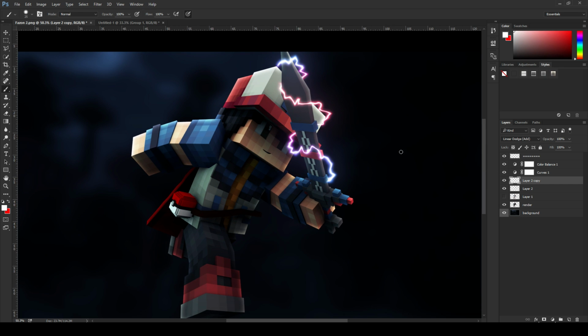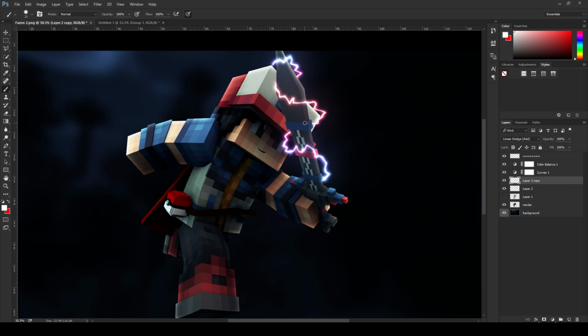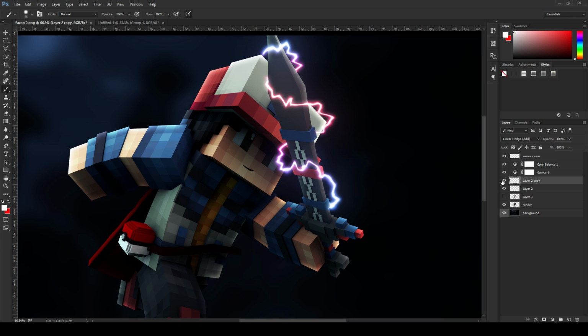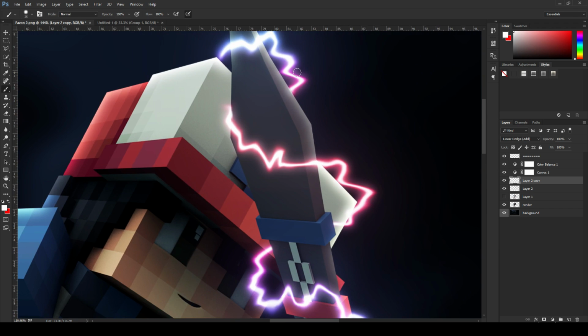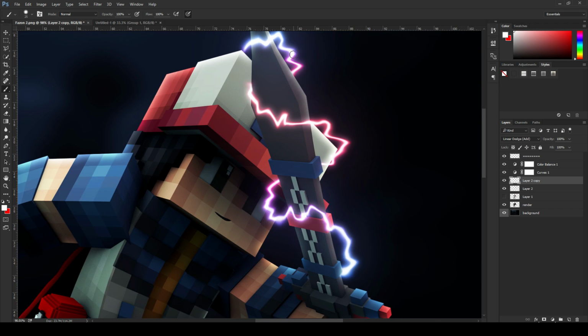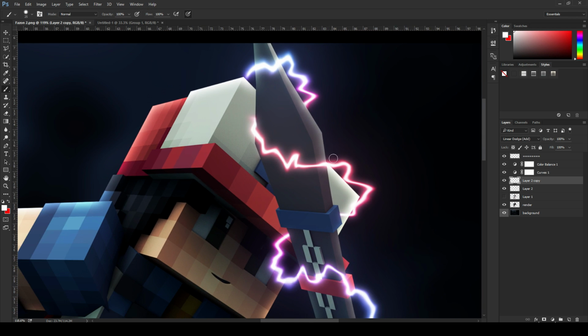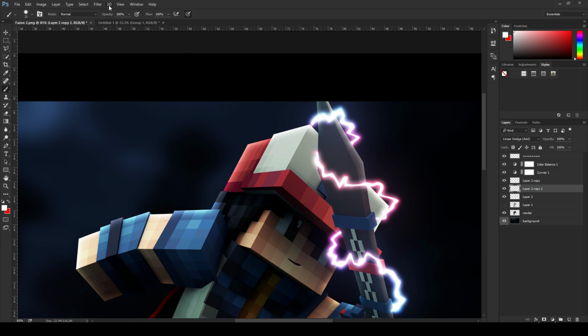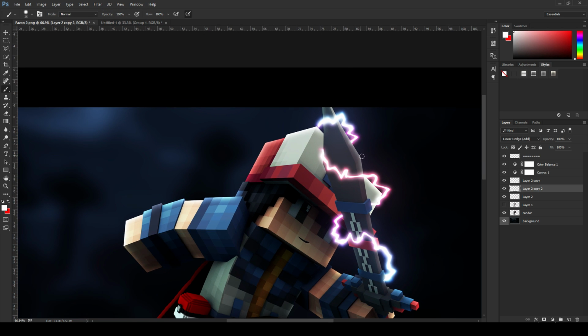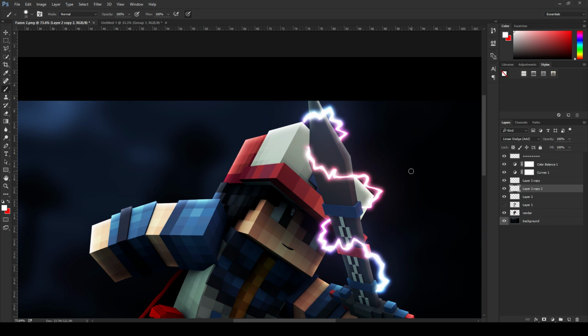So now let's add a few more effects to this, just to finalize this. I'll add some little particles, so it kind of looks like this thing is blazing hot and it's spitting out little particles, I guess. So I'm gonna duplicate the layer, and instead of using a liquify, there's also a really good way of doing